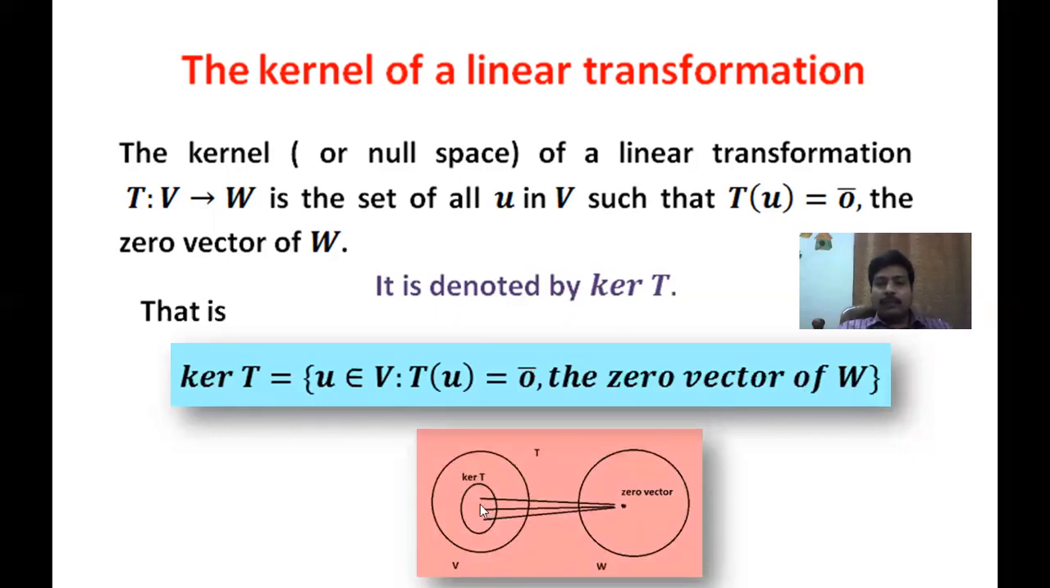which Venn diagram will be like this. This is V, and this is W. These two are vector spaces. T is the function between these two vector spaces, and this is the set kernel T whose elements are mapped to the 0 vector of vector space W. So this is the kernel,